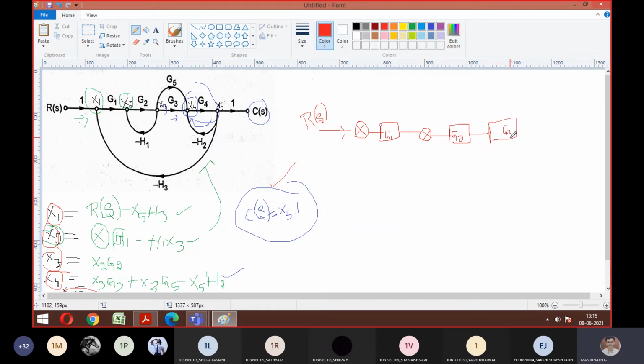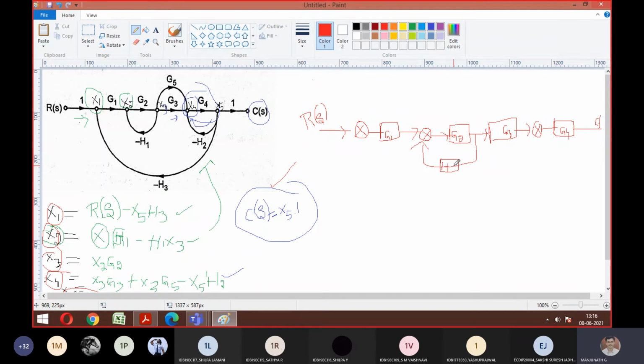Once we complete the diagram, we'll come to know what is going to happen. Then again, to have a node at x4, there should be one more summing point. I hope everyone understands how the block diagram is written. Is it okay? Yes, sir. Then it is followed by your G4, and that goes towards the output part. So this is my G4, which goes towards my output C(s). Now for the intermediate part, can you find H1? So this is your H1, right? Can I connect H1 like this? So I need to mention this with a block called H1.